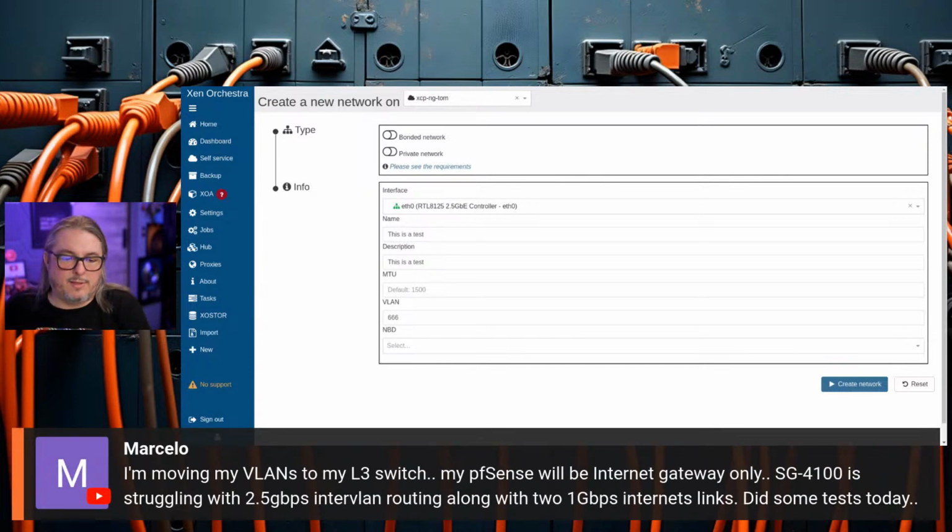I'm moving my VLANs to my layer 3 switch. My pfSense will be internet gateway. And SG4100 is struggling with 2.5 gig inter-VLAN routing. Yeah, I never need inter-VLAN routing, I wouldn't think. Whenever I see someone struggling with inter-VLAN routing, I often ask the question,